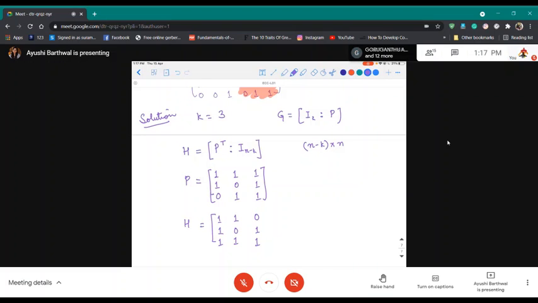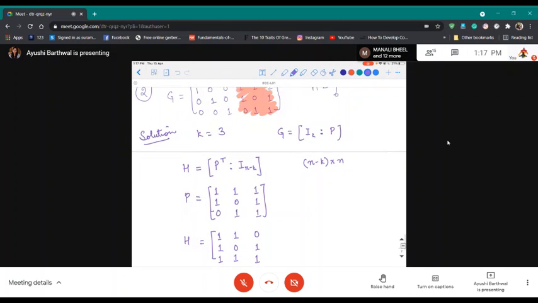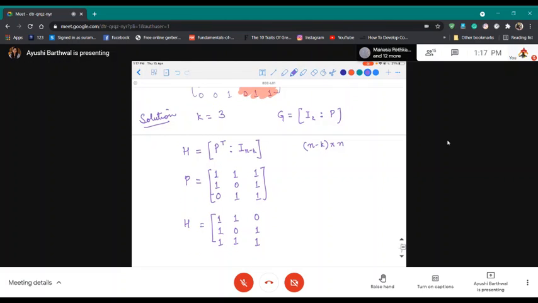सबको matrices याद हैं ना? Yes, ma'am. किसी को नहीं याद है तो हम लोग उसको डिस्कस कर सकते हैं ब्रीफली. सो ट्रांसपोज मीन्स जब हम रोज को कॉलम में चेंज कर देते हैं. दैट मीन्स यहाँ पे जो रो वाइज लिखा था वो यहाँ पे कॉलम वाइज लिख देंगे. सिमिलरली 101, 011. So this is its P transpose.